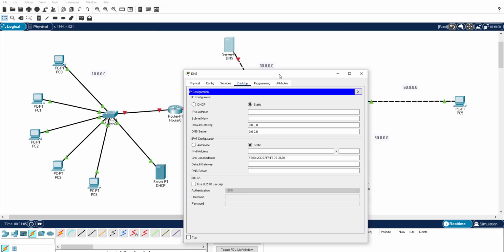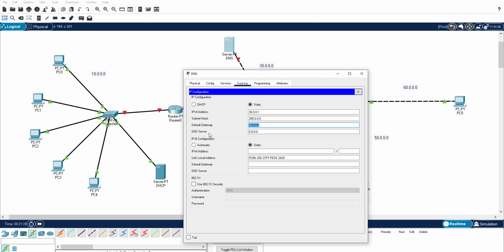Now I'm going for the desktop IP address. This is available in network 30. I'm going to configure 30.0.0.1 as the IP address for this machine, and the subnet mask is 255.0.0.0. The gateway is 30.0.0.2, which I have to fix for the router.